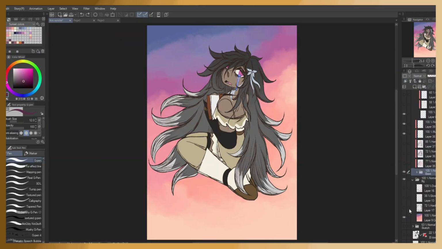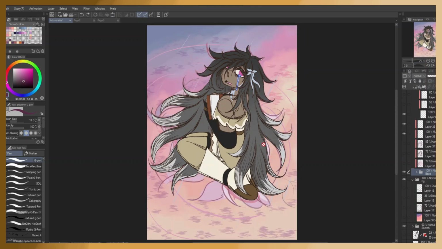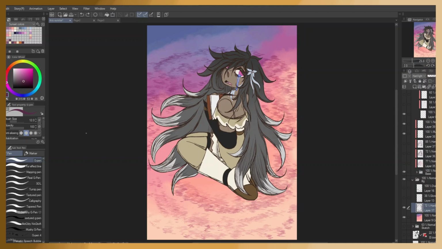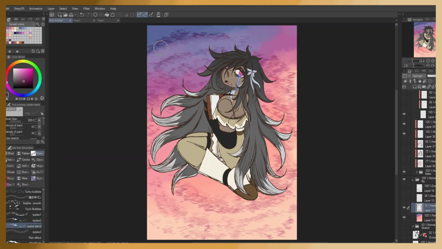So here's the part where I forgot to record. I added ripples to the lake here with the ripple brush, and the blending version of that brush. Added some cool effects here. And I added blush to Kris's skin, and for his eyes, I mostly did the normal things I do when